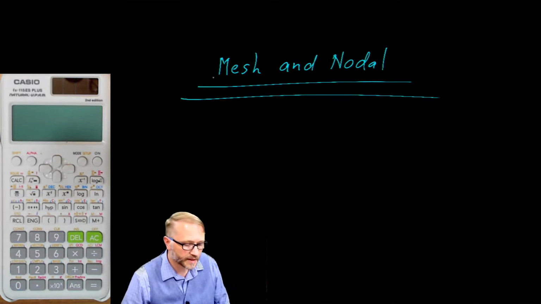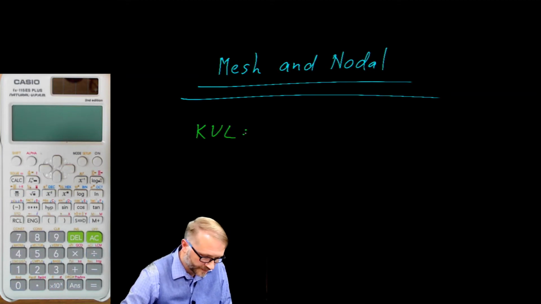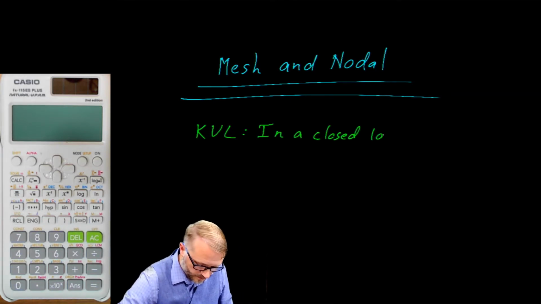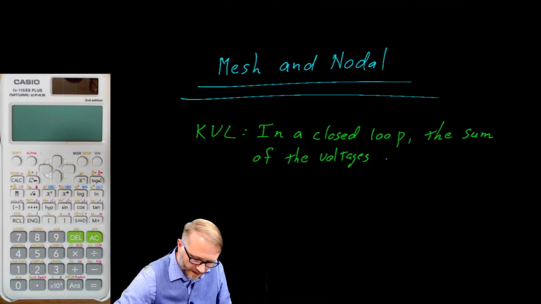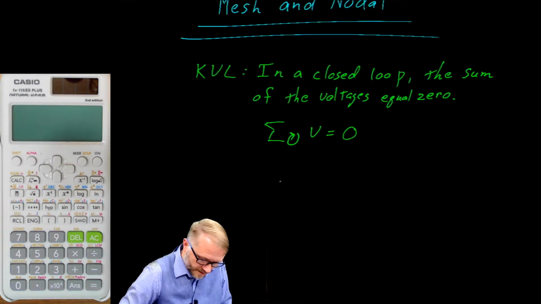Before we get started, let's do a quick review. So we had Kirchhoff's voltage law. And it told us that in a closed loop, the sum of the voltages equals 0. We had a shorthand for that, which said the summation of the voltages on a closed loop is equal to 0. The typical example we worked looked like this,